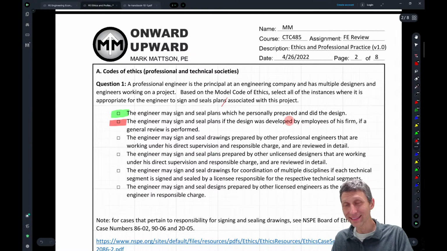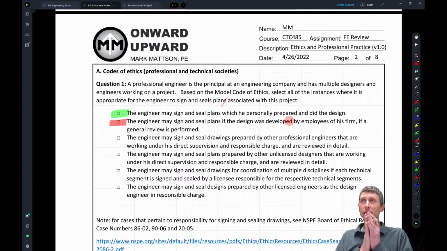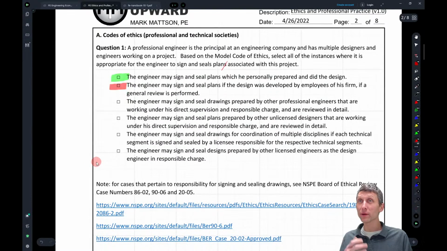So unless you're actually in charge of the people underneath you, in the sense that you're directing the design and how it gets done, and you're doing a detailed review, I'd say you're not supposed to sign the drawings. And there are some references down here. One of the things that I love about NSPE is they provide a lot of detail with their Board of Ethics and their reviews, so that you can click on some of these and get into the nitty gritty of how they actually